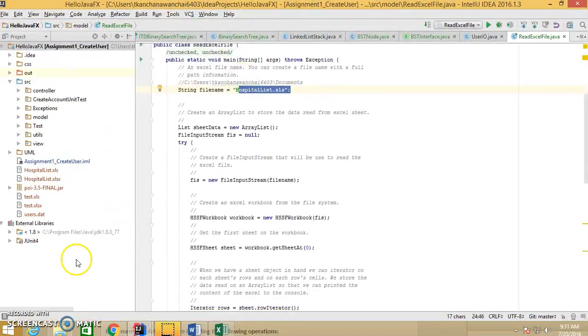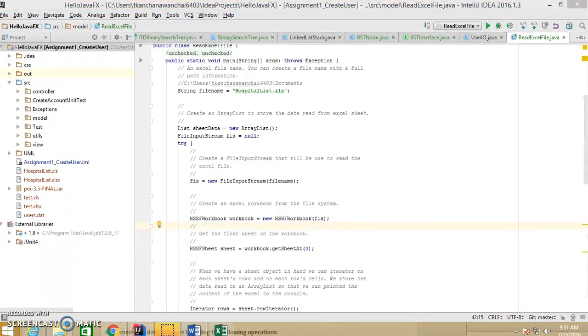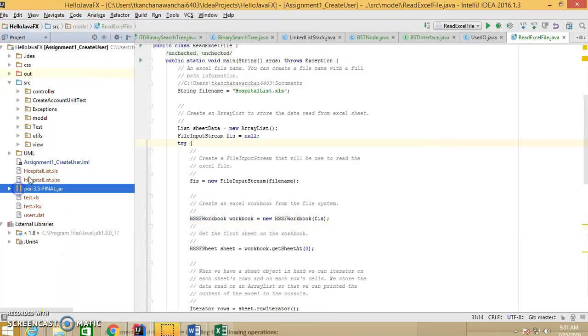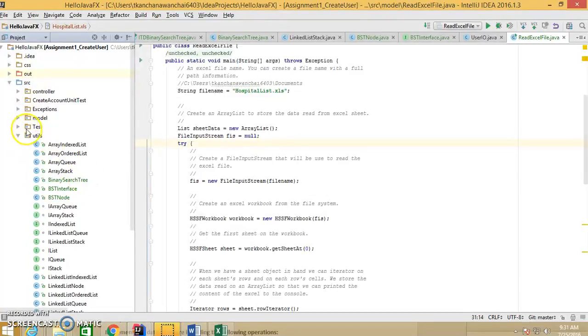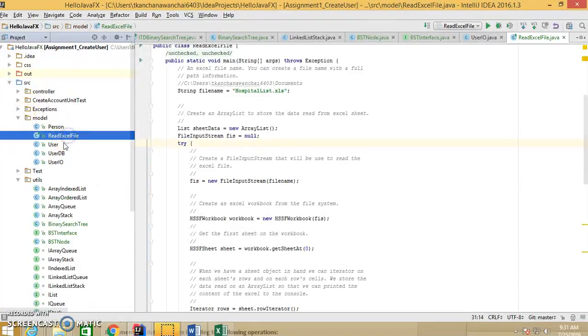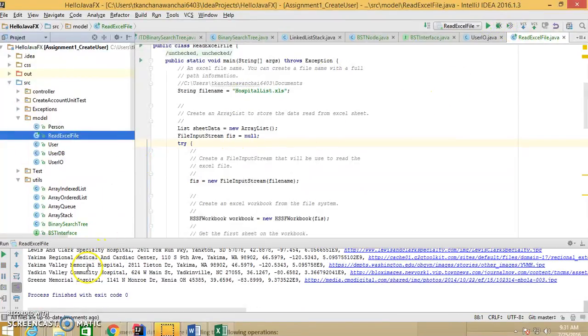Alright, so same thing there. I start to move the code over to this existing project, and I can include all the libraries, Excel files, and I think I put in all the models, read Excel files right there. So once I run this, also get the list of